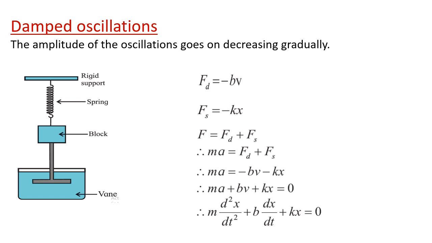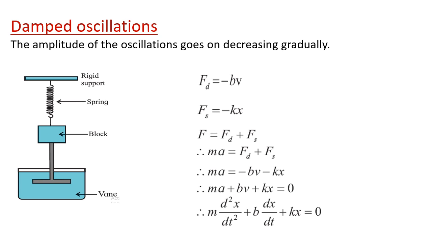Now remember, if the amplitude of the oscillation is reduced by application of an external force, then the oscillator and its motion are said to be damped, or the oscillations are said to be damped oscillations. Just to make it very clear, if you have a simple pendulum and you displace it from its mean position by giving a certain amount of displacement, that is, a certain amount of restoring torque is applied on it, and you release the simple pendulum,